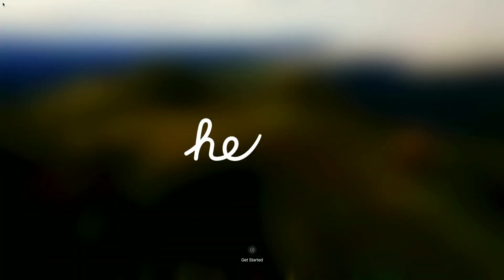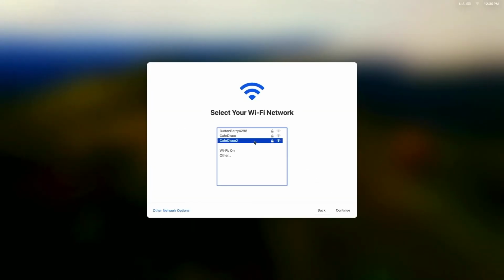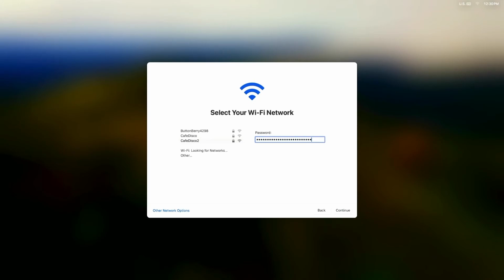It's important to reiterate that automated device enrollment only takes effect at Setup Assistant, meaning computers need to be brand new or recently wiped. I've wiped this test computer that I've assigned to the pre-stage, and we're back at Setup Assistant. First, select the language and region, and then continue through the accessibility prompts. Then connect Wi-Fi.